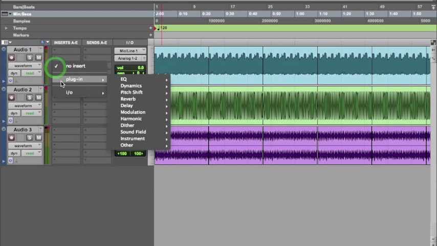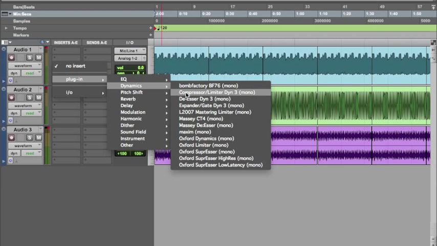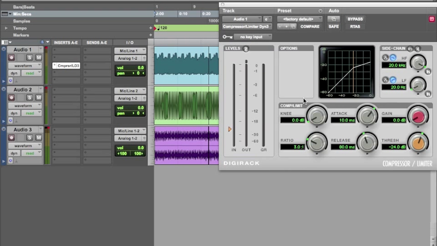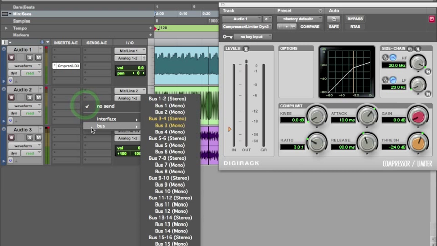Okay, so we want the compressor to be on the bass track. This is the top track here. All right, now normally what's happening is the level of the bass obviously is affecting how much compression we have. Okay, what we want to do is send our bass drum,